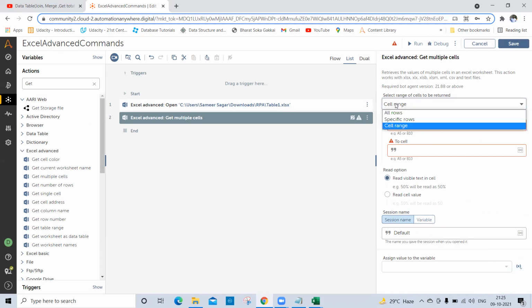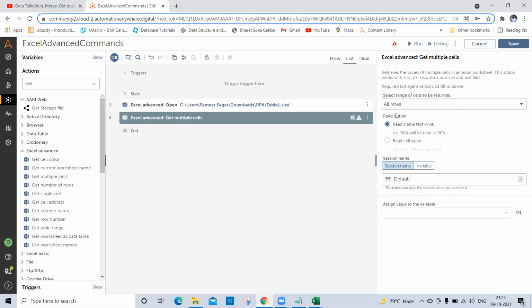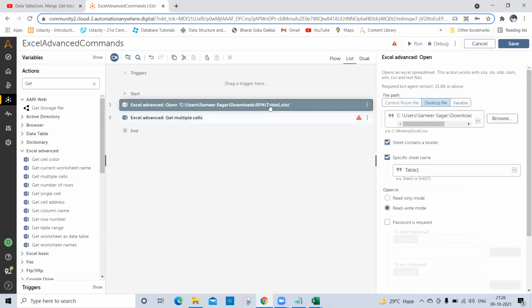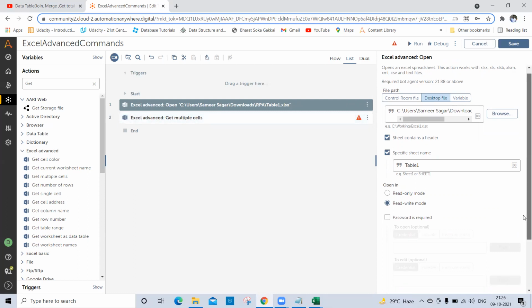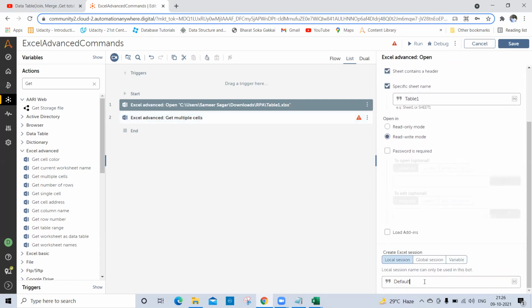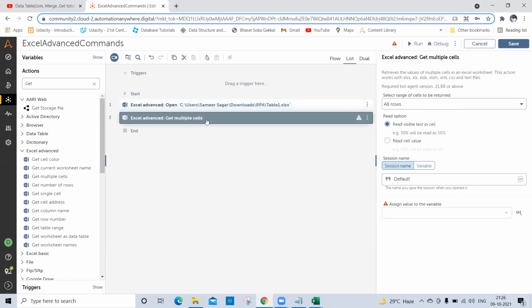But I want to get all the records available in the Excel file, so I'll select this one. I'll use the same session name which I passed while opening the file. I'll copy this session name and paste the same value here. As we are getting all the records from that Excel file, I will store those records in a table variable.